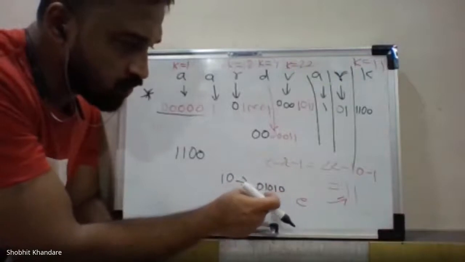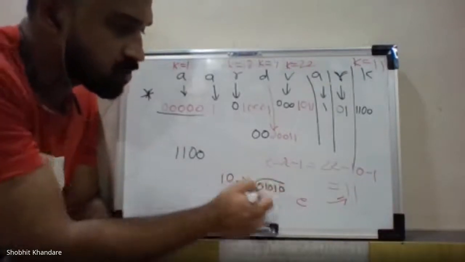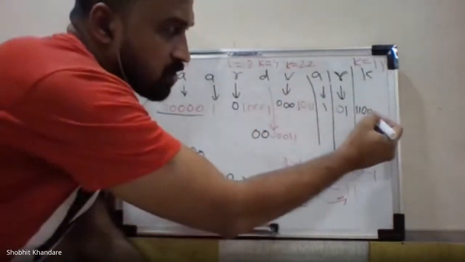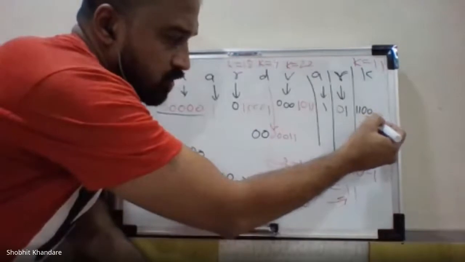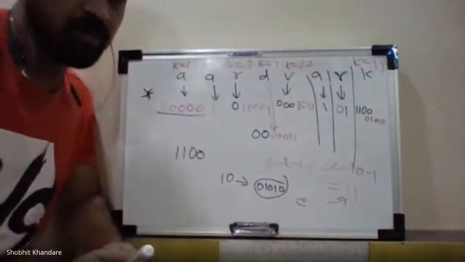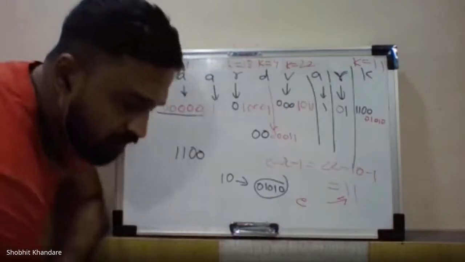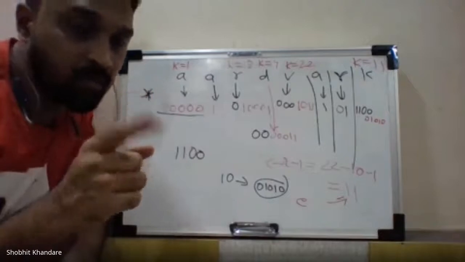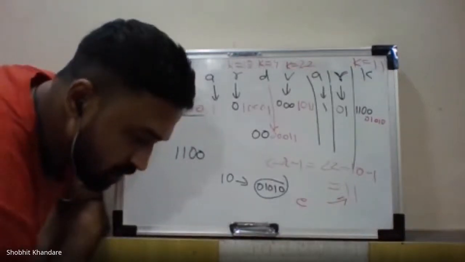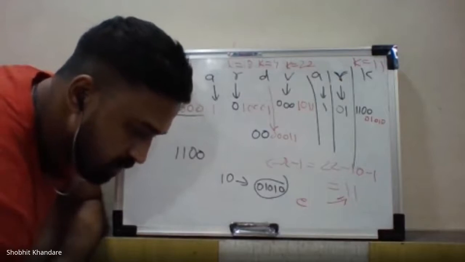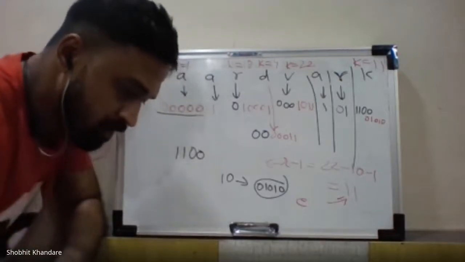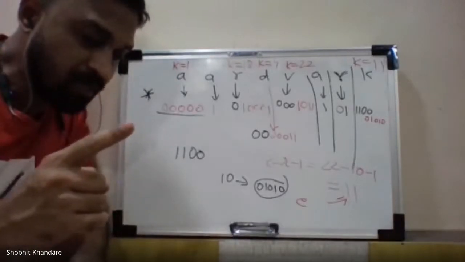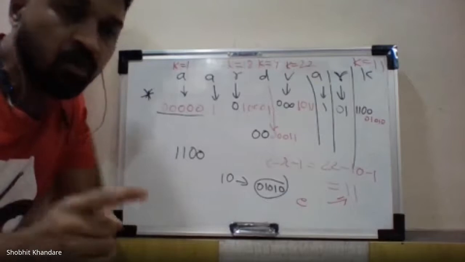01010. So it is 1248. 8, 9, 10. Yes, so this is the number. So you have the fixed code for k, that I'm writing down here, 01010. Okay, so you have the new finding, that is related with step number 4. Step number 4 says that continuously update the tree accordingly for all the symbols.